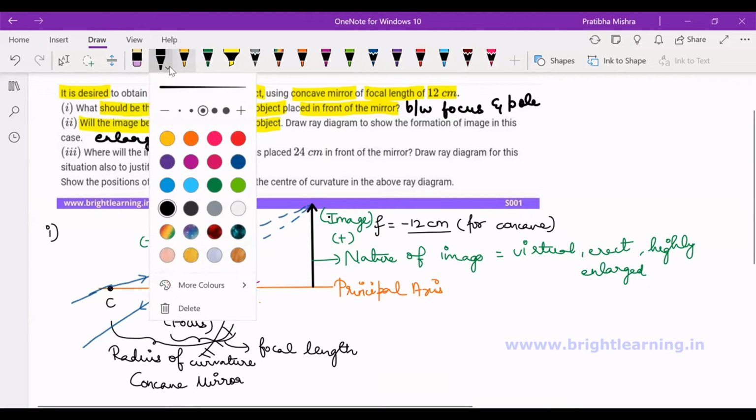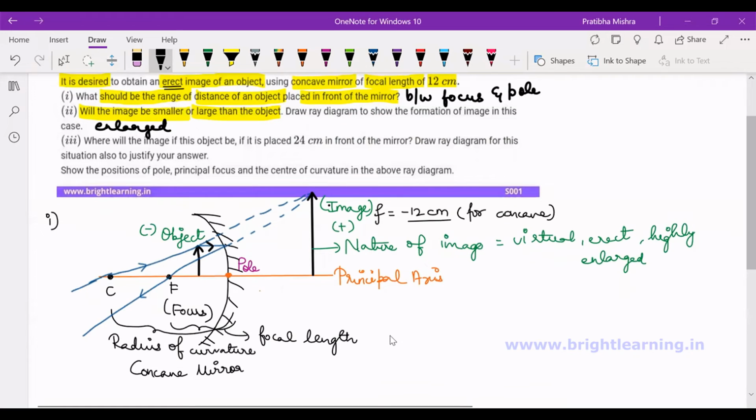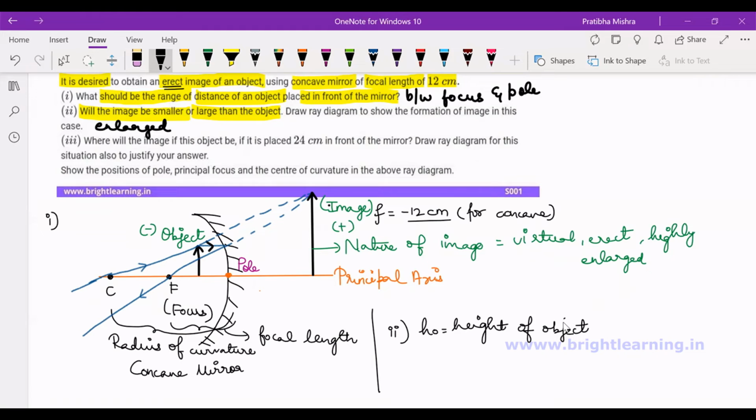Okay, so if you want to represent it in a much better way, what you can say over here for the question number 2 is, if HO is the height of the object which is placed in front of the mirror and HI becomes the height of the image. I mean to say that, I repeat, it's height of image. So definitely my HI is very much greater than HO. This is the relationship for the question number 2. So you can just say that HI is greater than HO.